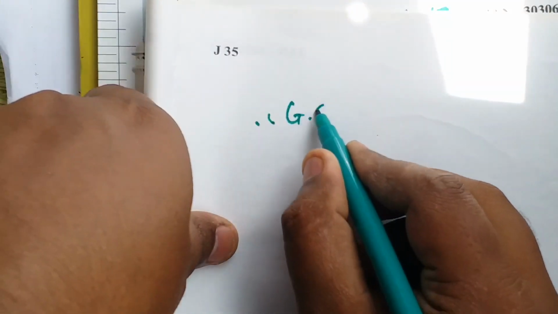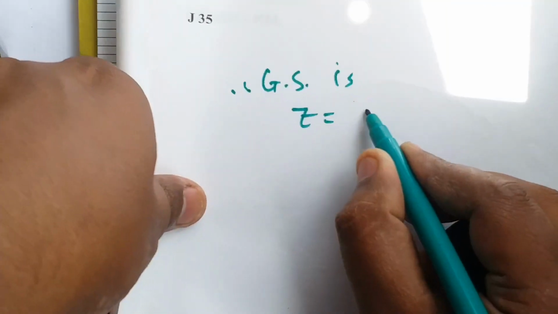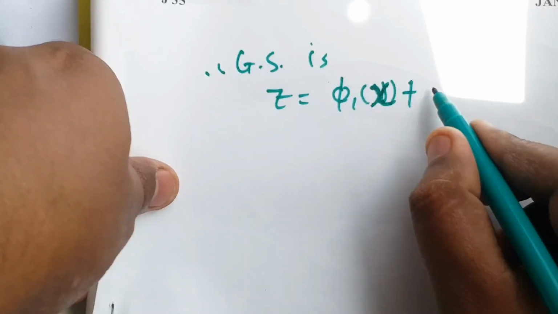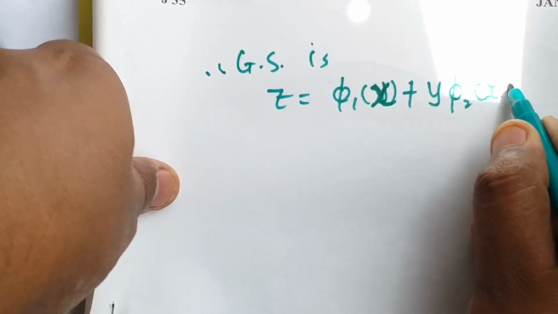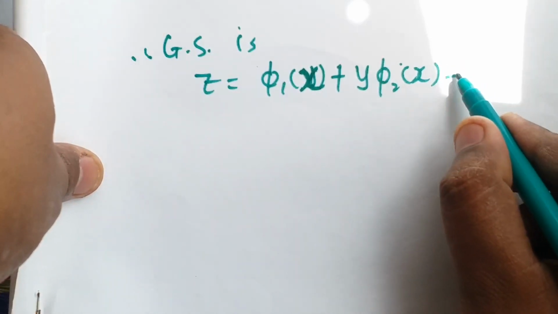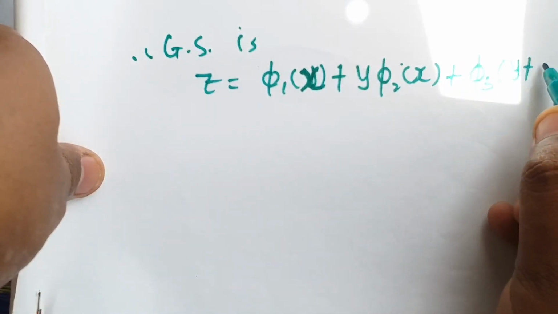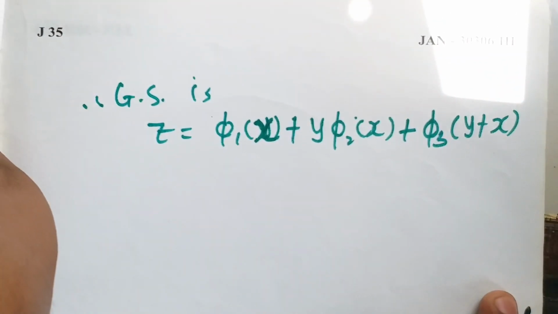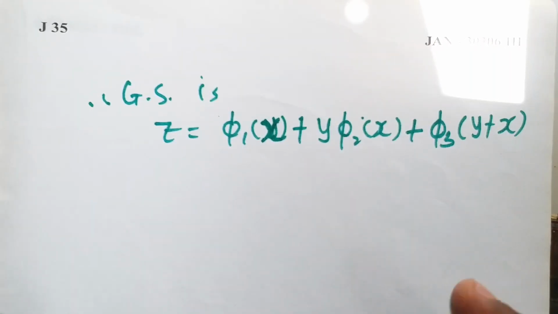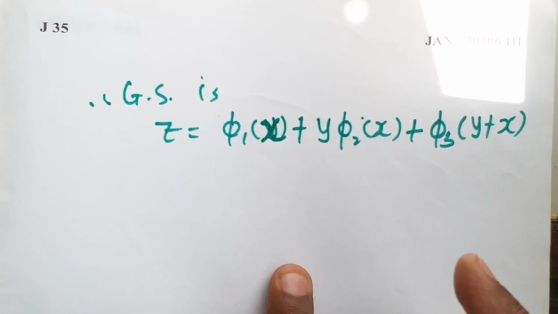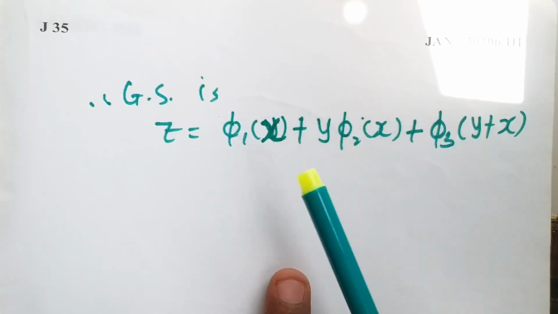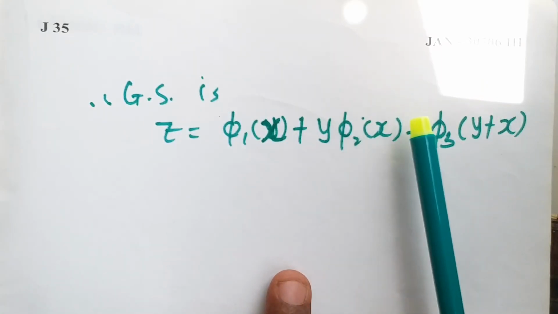Now we'll add all of them to get the general solution. Therefore the general solution is z equal to, first is phi 1 of x plus y into phi 2 of x for the repeated factor d dash square, and finally phi 3 of y plus x, since m is 1. So this is the final solution of the given differential equation. So this is how we do it when we have a common factor of the type d or d dash. Accordingly you determine the CF separately for them, and for the remaining factors separately by substituting d equal to m and d dash equal to 1.